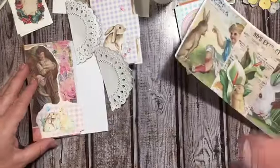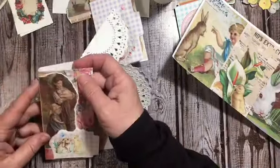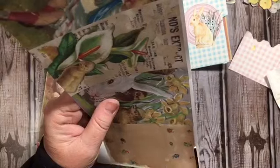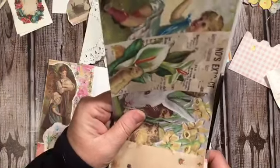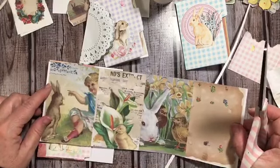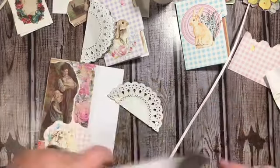Oh, I could have had them down a little bit and cut this. We'll just have to come up with another paper in here as well. That's okay. It's a good thing we did the spine. So I would go ahead and measure, and I don't want to cut off the bunnies and I don't want to cut off her head. So we'll just come up with another paper to be the